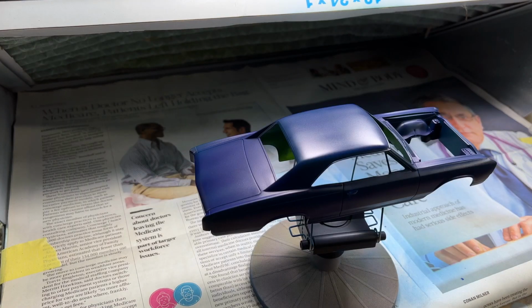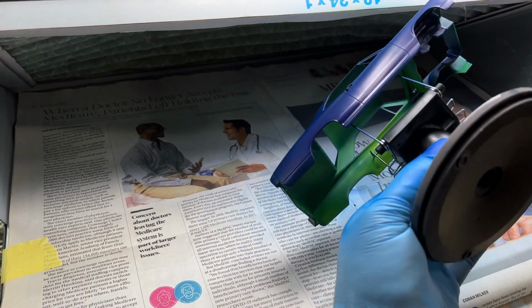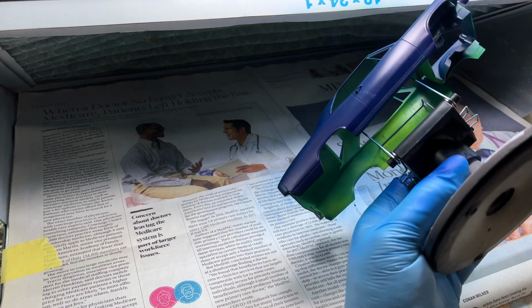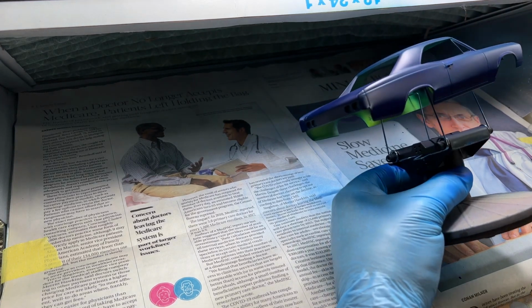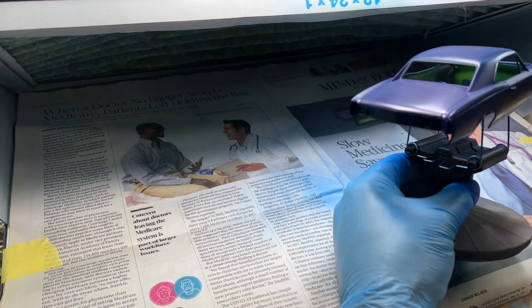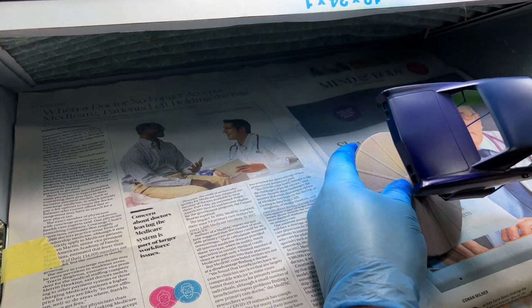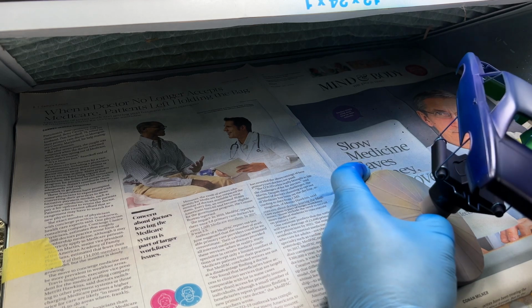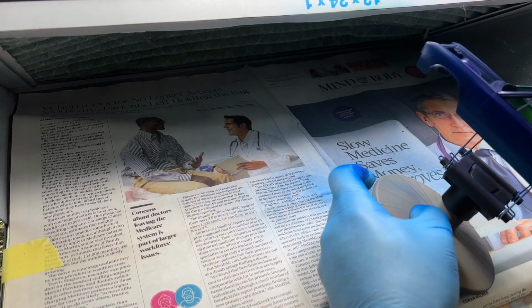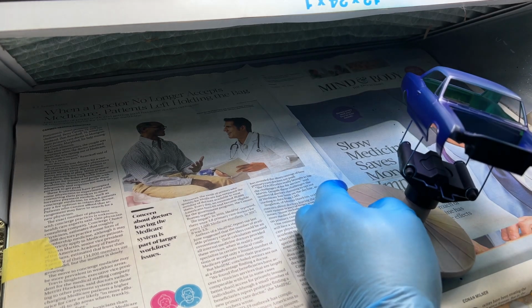Be right back. Alright, so I did go back and add about 5% more reducer to the mix I had left. I noticed that I wasn't really getting the flow I should have, so hopefully this should be the last coat here. Alright, that's way better. Probably overall about a 20% reducer in the sealer. They recommend 10% for full-size automotive applications, so